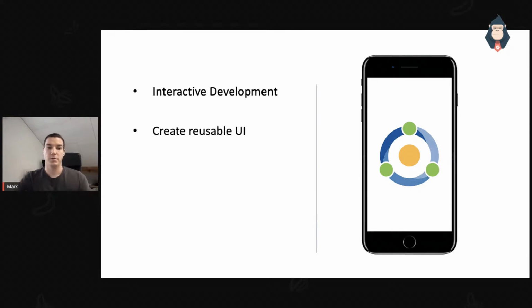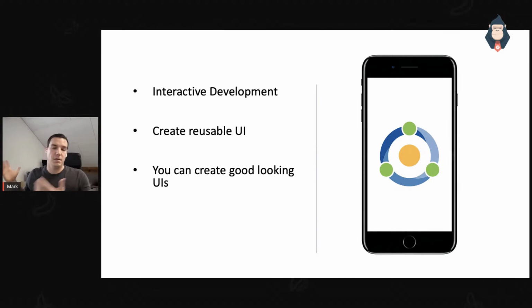You can create reusable UI, I think it's quite a nice way. So you can make functions, you could split up those functions into classes or modules and then just reuse them. So you can really componentize your UI and just reuse them. You can make good looking UIs. I know I'm no designer. I know someone with a great design background probably would have made this login screen pop out even better than I can, but I thought it was better than the initial implementation.